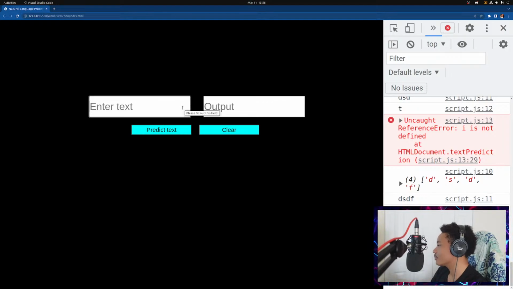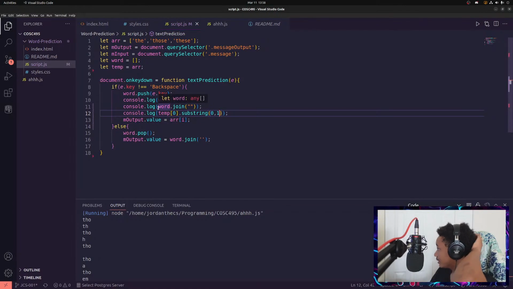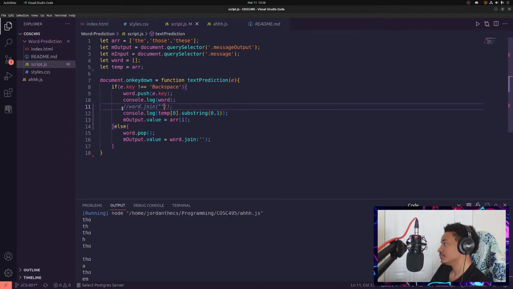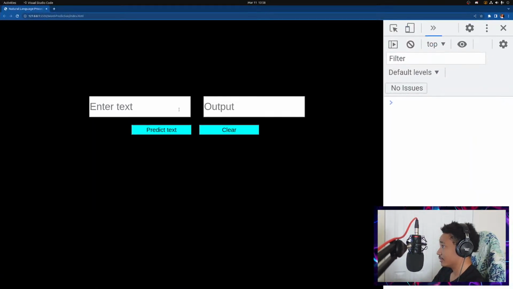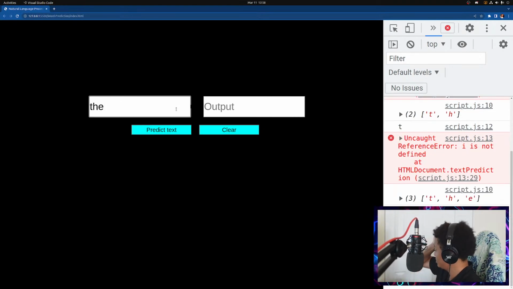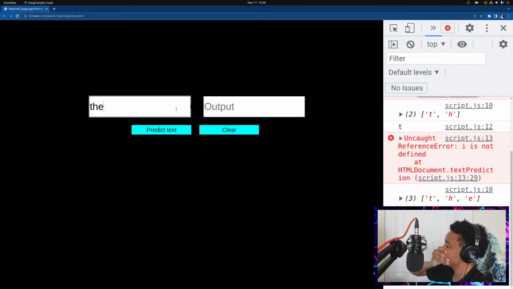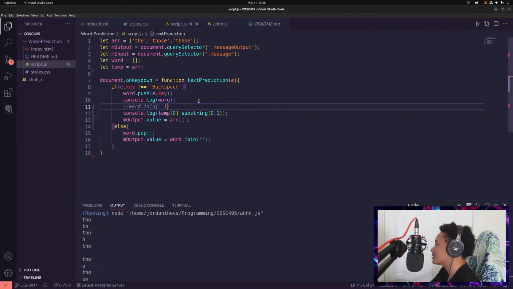Oh wait, is this word.join? I don't really need that. I mean, I need it, but not right now. I don't want to put this out to the console yet. So now I just got the substring to worry about. That's getting printed also. Yeah, so as you can see, the substring is not increasing, or well, I hard coded the value, so I guess that would make sense. So